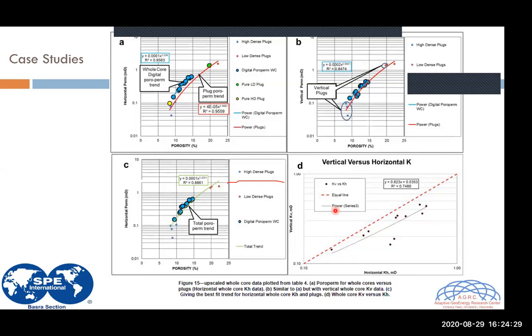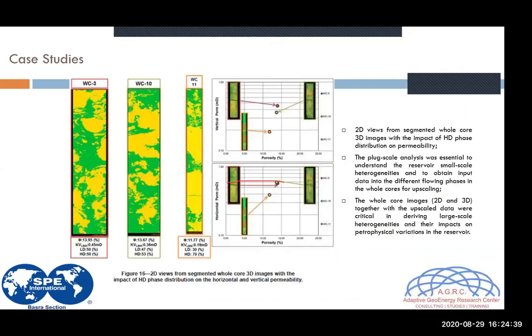And then if you find some kind of trend, you can use this trend to perform an evaluation for the whole core. And then here to show you, it's some results of the permeability, vertical and horizontal permeability versus porosity for the whole core. In this case, if you have this kind of fracture or some regions that are not well identified,